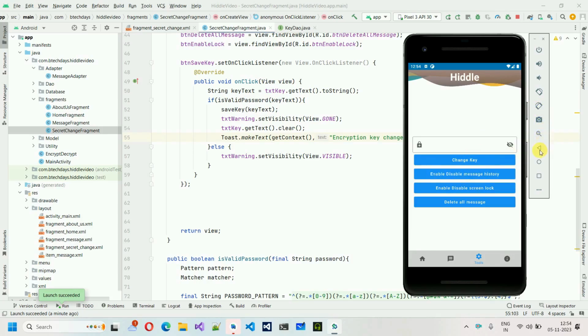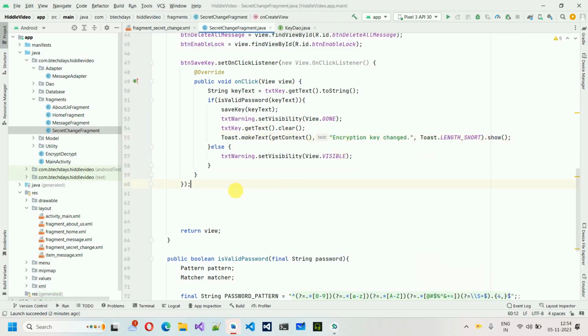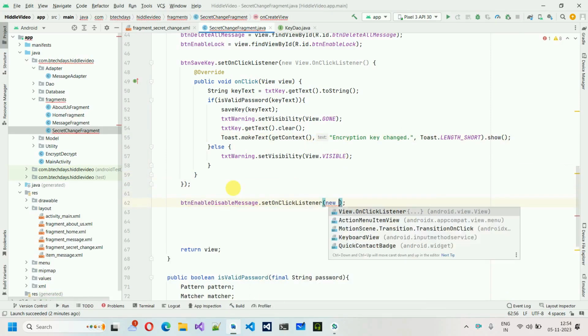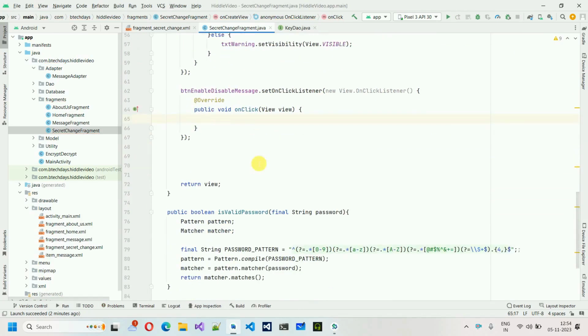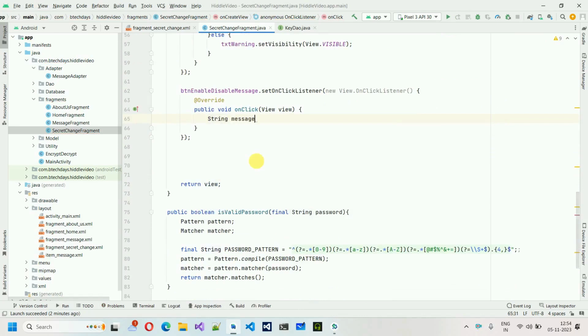So we also need to design for that. Let me close this quickly, move back over here, make some space, and btnEnableDisableMessages.setOnClickListener, new View.OnClickListener. Now scroll down over here. What we have to do is, first thing, String message, after that dialogMessage, after that dialogTitle, because whenever